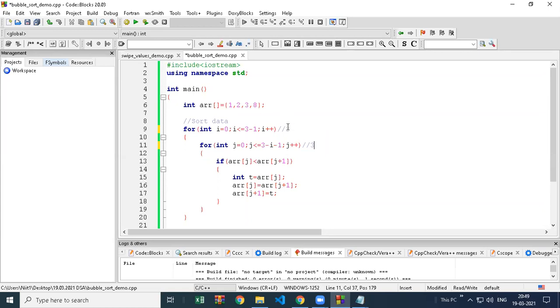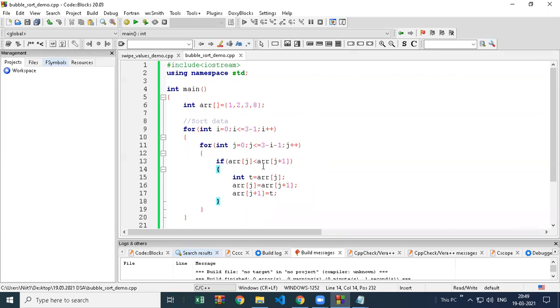So 3 into 3, they are actually repeating 9 times. You can see one main loop started, it repeated 3 times. Next time it repeated 2 more times. Next time again repeated. So if you have an inner loop, it is going to repeat quadratically, like a square, 3 into 3, 9. If you have one more loop inside it, it becomes cubic.